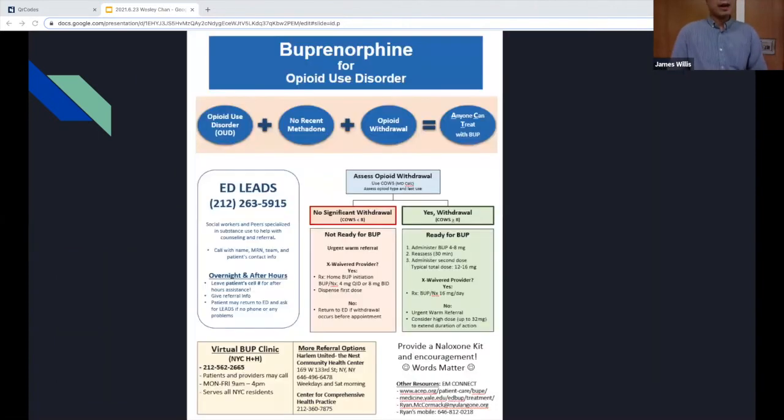We actually do have a pathway in the county for the treatment of opioid use disorder. I haven't really asked anybody yet whether we've been prescribing this, but I know with the X waiver, there's something going on in the law currently that we're still figuring out, whether we can prescribe it without an X waiver.